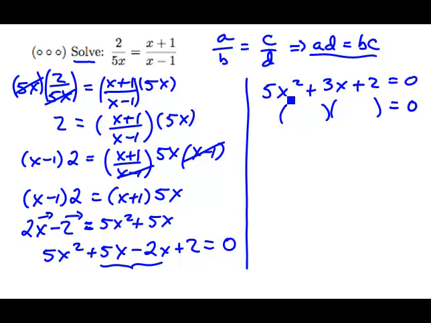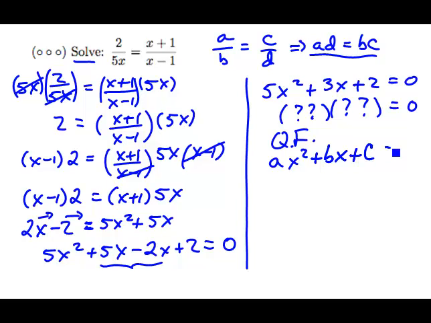Fill in these two blanks so that the product is this quantity. But try as you may, you're going to have troubles here. That doesn't mean that solutions don't exist necessarily, but it's not clear to me how to build that product so that we end up with the same problem. May seem a little frustrating, but in fact, we do have another approach that is guaranteed to work. It's the quadratic formula. The quadratic formula says that solutions to the form ax squared plus bx plus c equals 0, which notice is the exact form of our problem, with a being 5, b being 3, and c being 2, will be minus b plus or minus the square root of b squared minus